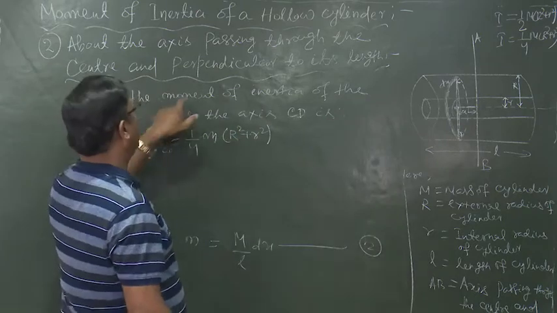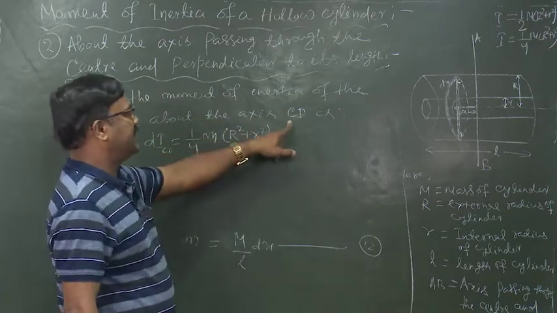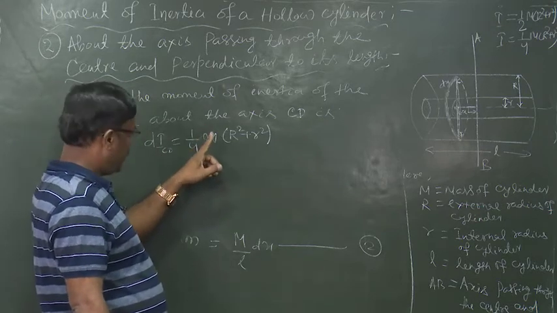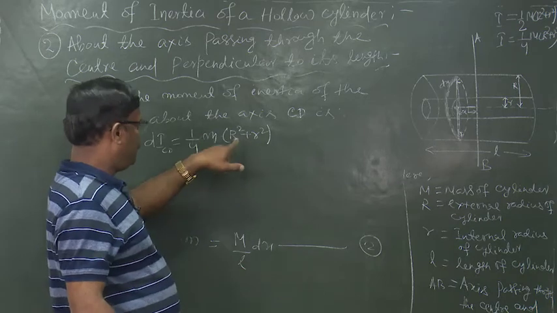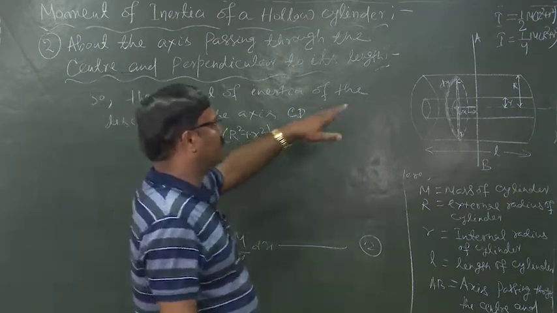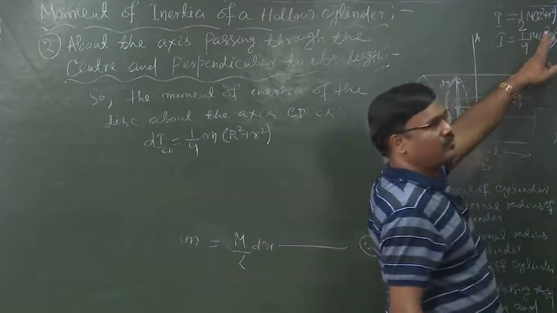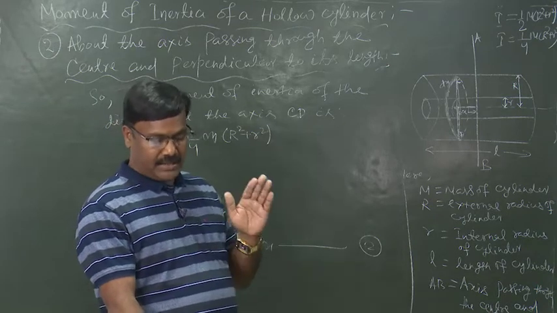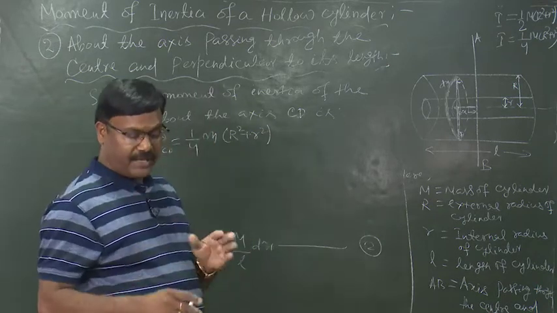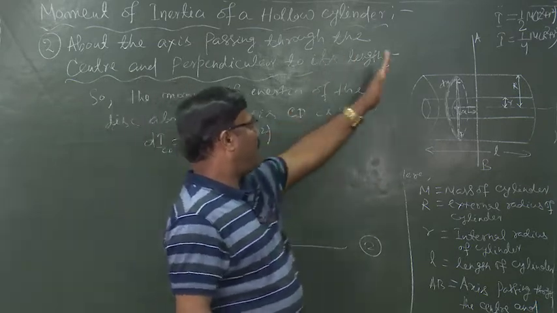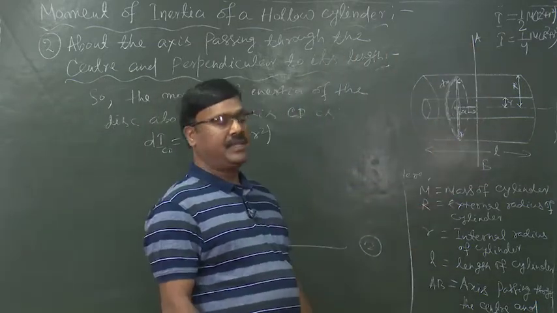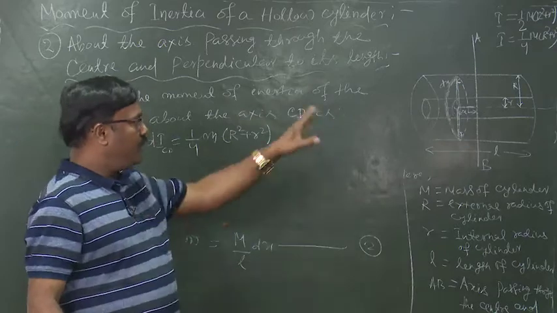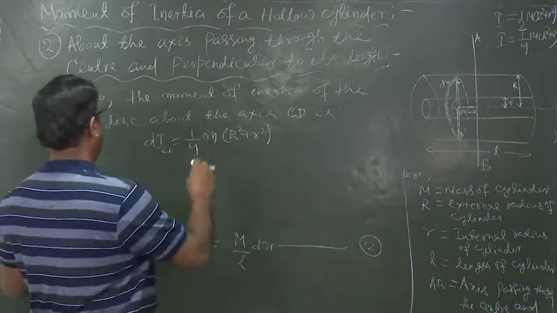So the moment of inertia of the disk about the axis CD is dI CD equal to 1 by 4 m into r square plus r square, because this is in accordance with the formula I is equal to 1 by 4 m r square plus r square, which we found previously in case of a circular disk. Now the moment of inertia of the disk about the axis AB can be obtained by applying the parallel axis theorem, from which we know that the moment of inertia